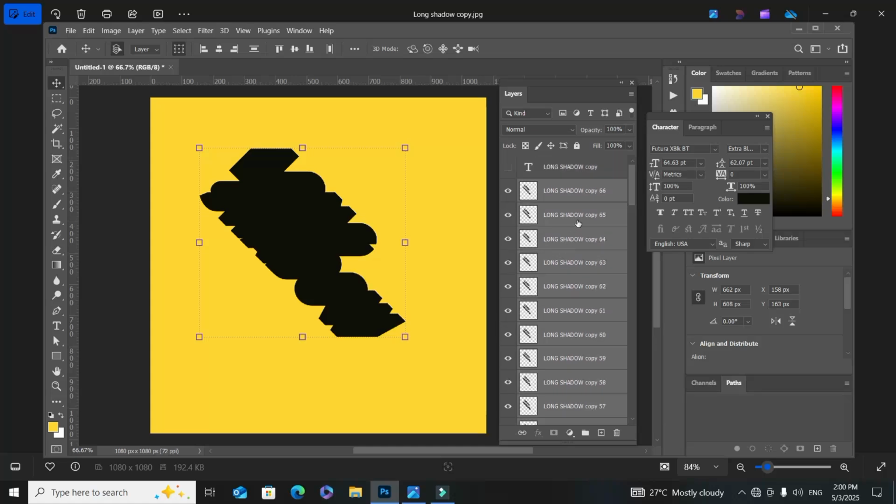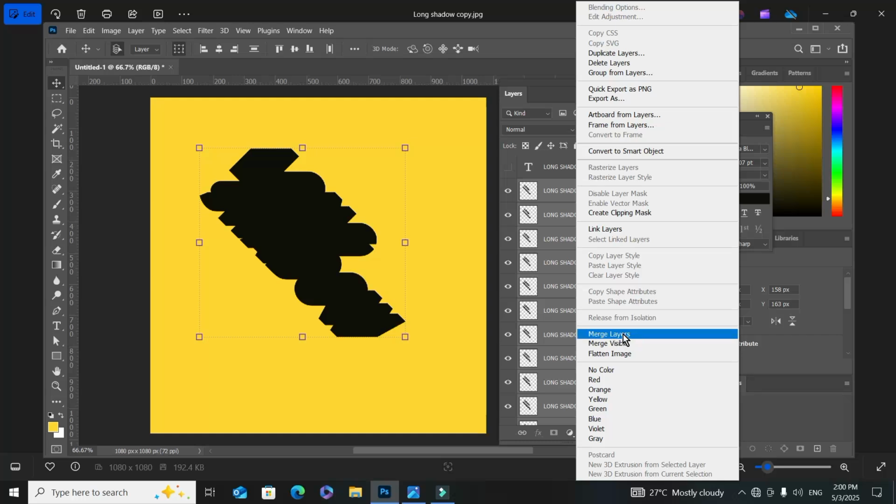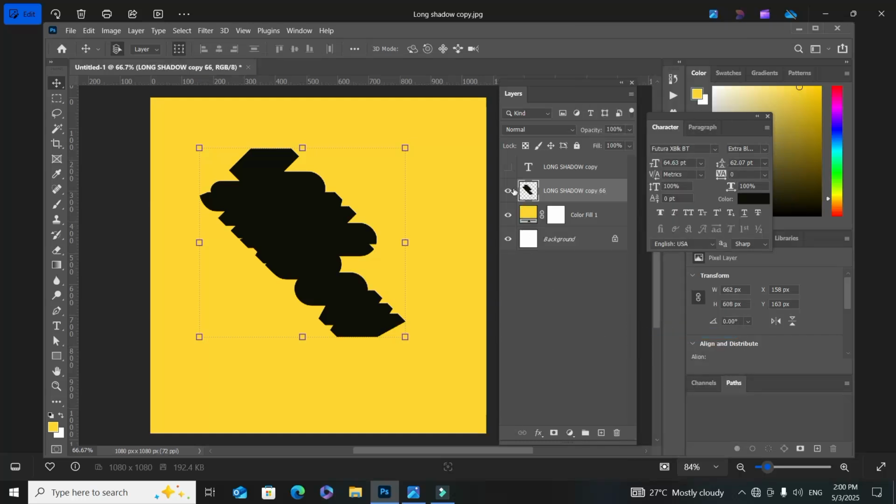Alright, I'm done selecting all of this. So I'll right click and come straight to merge layers. Now I'm done merging my layer, you see, and that is perfectly done. We are not coming here right now. We are still working on this layer under the copied layer. Alright, so I'll select this again and hit Ctrl T on my keyboard,